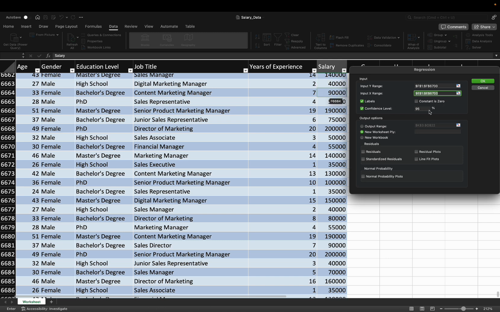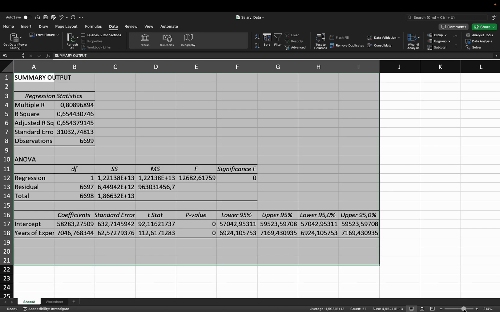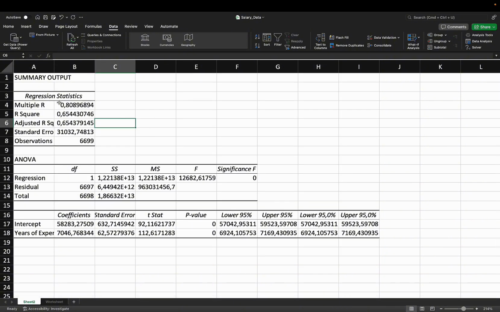The confidence level I choose is 95%. You can change it to whatever you want, but I want to choose 95%, and I'm going to display the result in a new worksheet and then press OK. Now we got our regression results. Let's take a look at the results. We got the Multiple R. This is actually the correlation between